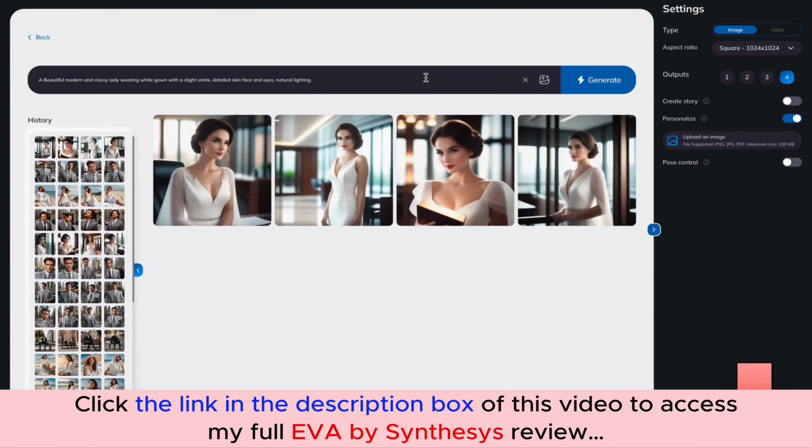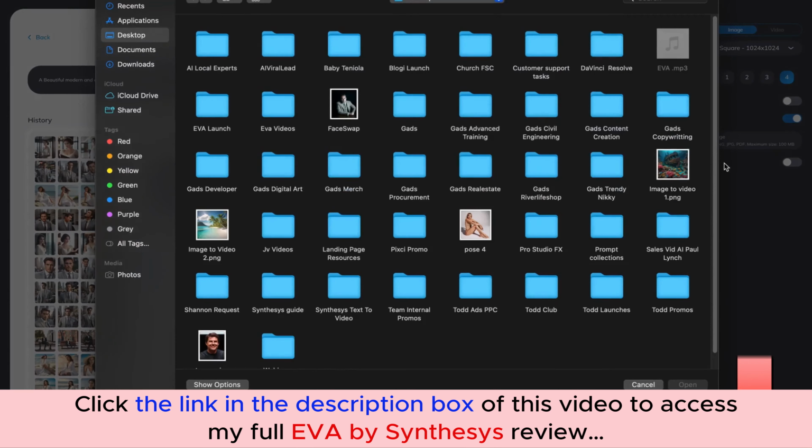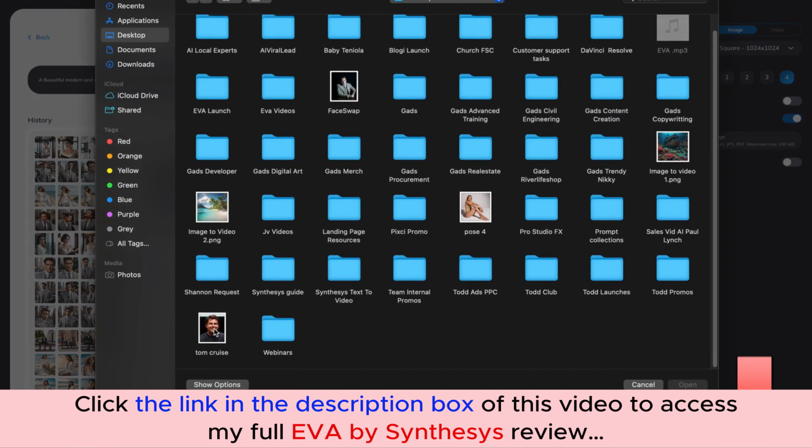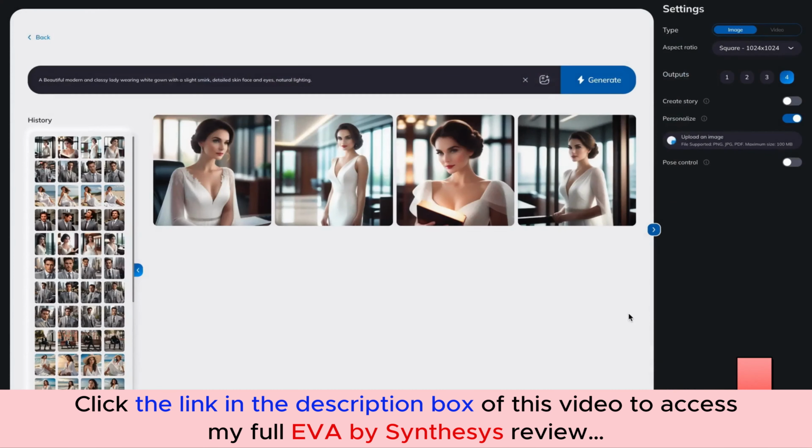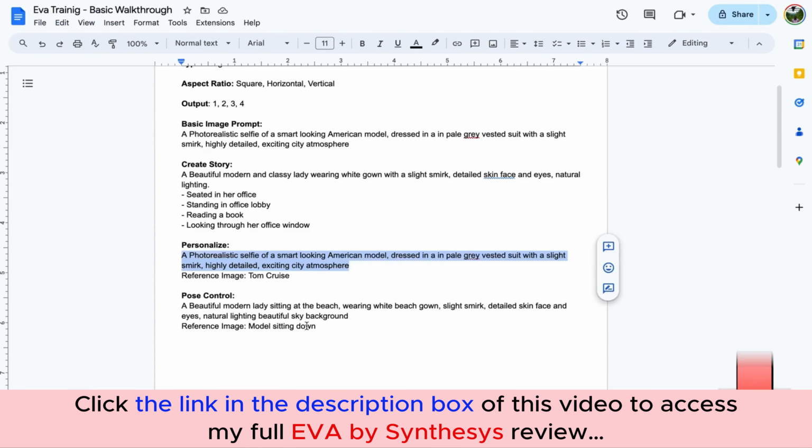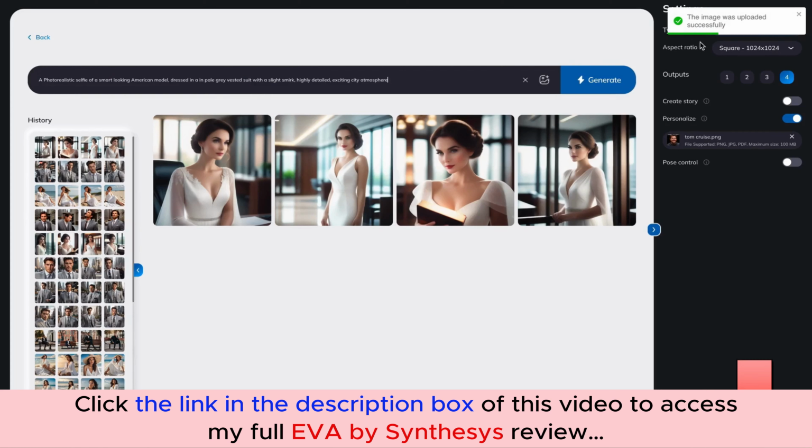Look how we can take a prompt. You can see the prompt right there that we wrote. And what we can do is we could just put that prompt into the box. And then by clicking on personalize on the right-hand side, there it is. You see where we actually uploaded an image of Tom Cruise right into there. So basically, we are going to create a scene of a photorealistic selfie of a smart-looking American model dressed in a pale gray vested suit with a slight smirk, highly detailed, exciting city atmosphere. All right, we're going to do that right now,